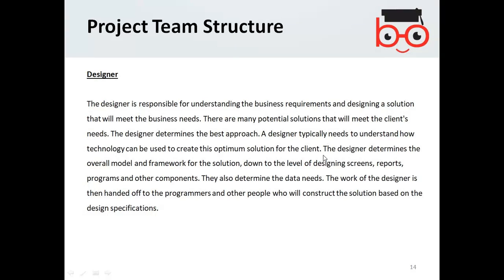So the designer, in the phase of analysis and design, proposes the technologies and the solutions. Whichever decisions are taken at the designer level are to be carried out by the designers. Designers may be at a higher level than the programmers. The designers determine the overall model